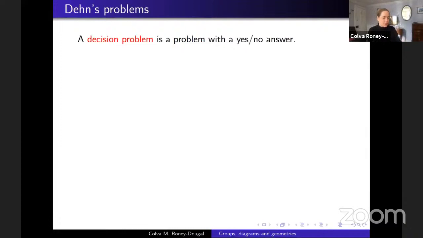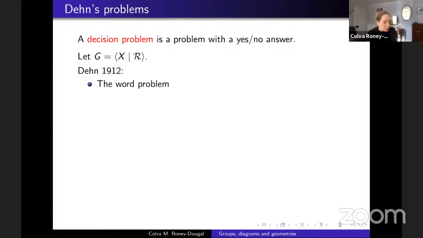So we're going to look at stuff done by Max Dehn. And I'm interested in decision problems. So those are mathematical questions where the answer is yes or no, where you're not asking someone to construct something or give an example of something, you're just asking for yes or no. Well, still in the world of my group, Max Dehn, all the way back in 1912, so this is well before computers were invented and well before we really knew what algorithms were or anything like that, posed 3 problems which are decision problems.